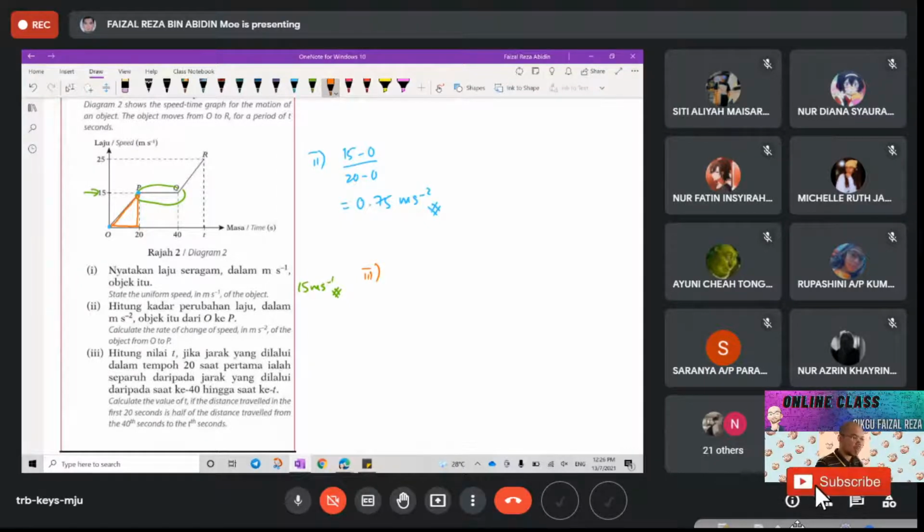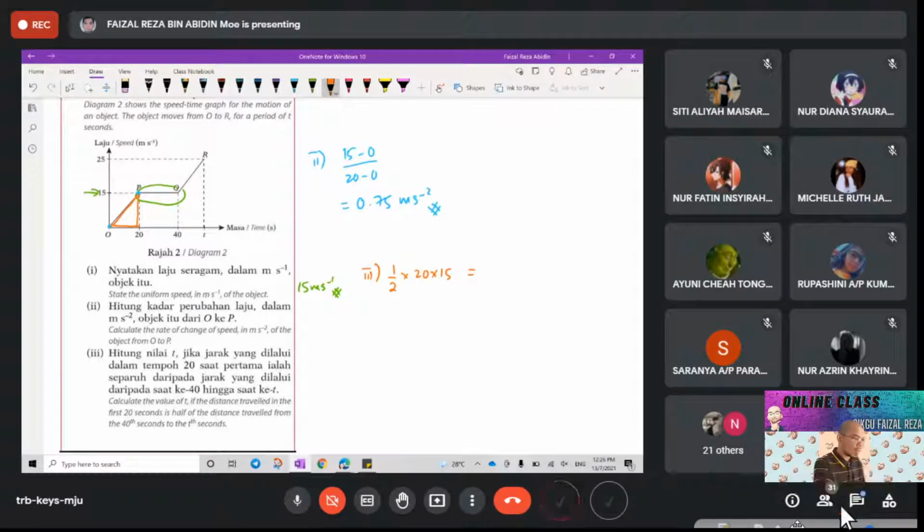I'm going to find the area under the graph first. So this is going to be 1 over 2 times 20 times 15, which is going to be equal to